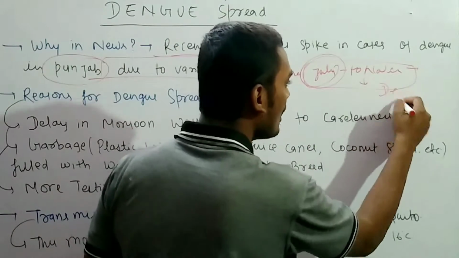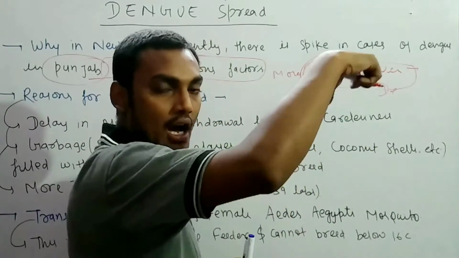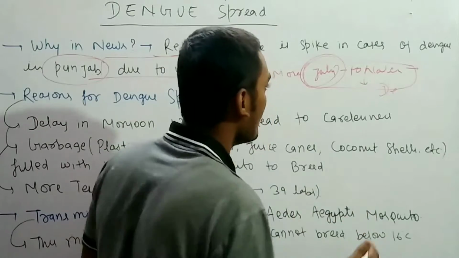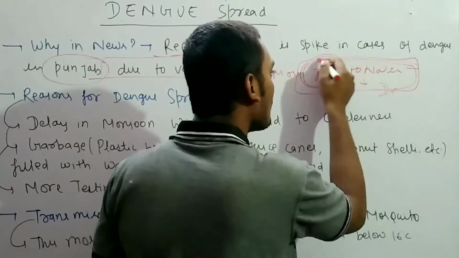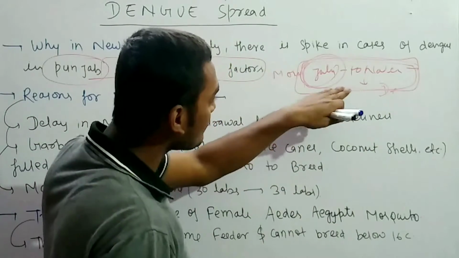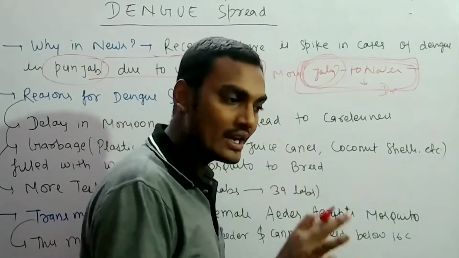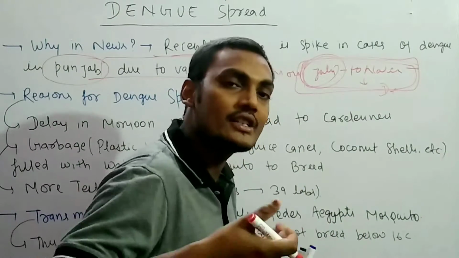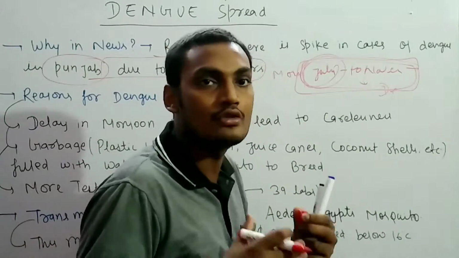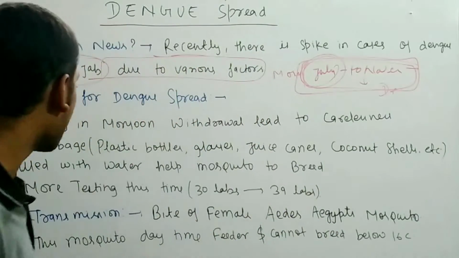In December, as you know, the temperature sometimes goes down to 10 or 12 degrees in north areas, especially Haryana, Delhi and Punjab, and even somewhere in UP or Bihar. So this is the breeding period of the mosquito. Dengue is very seasonal. Why seasonal? Because it spreads basically from July to November. This is the main criterion of dengue spread, and that's why you have seen recently a dengue spike, and the Delhi government advertised in TV and newspapers, 10 days, 10 minutes, or in a week. So this is very important.